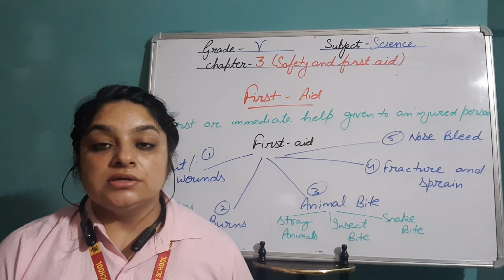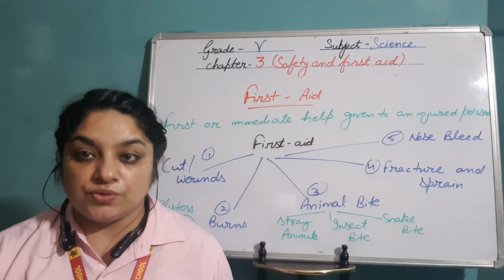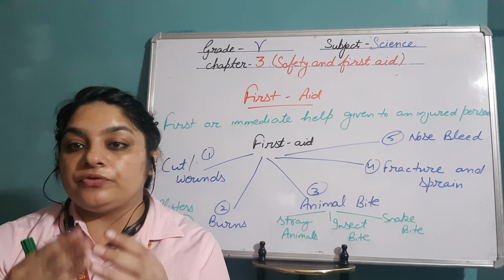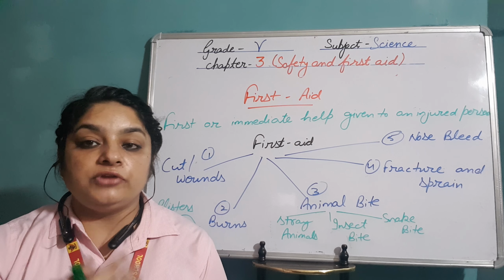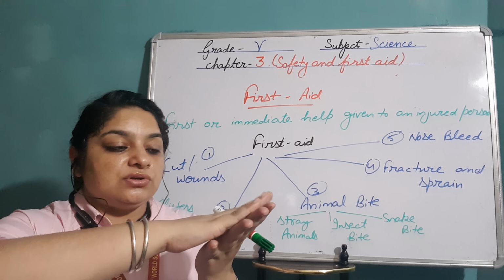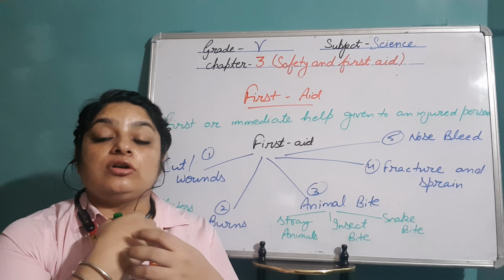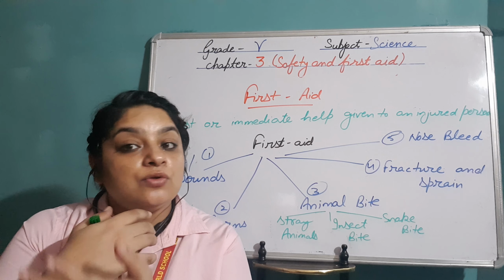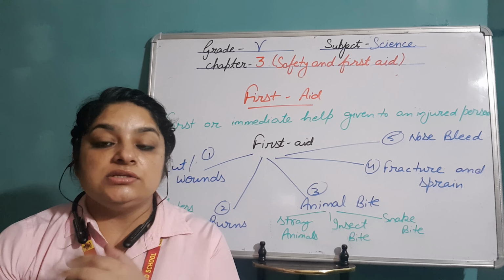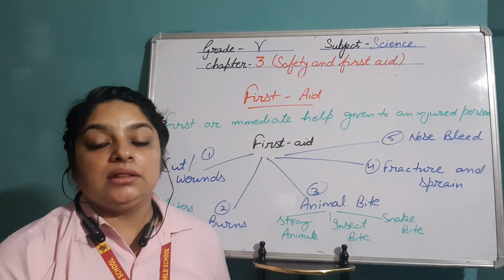Next one is sprain. In the human body there are 206 bones together, and there are different joints also. Joints are the places where two different bones meet, especially the wrist and the ankle. For example, when we run, sometimes our foot gets twisted, and because of that twist there is a lot of pain, and even the skin from outside becomes red. There is no blood but it becomes red, and swelling is also there. That is sprain. It mostly happens in the wrist and the ankle.